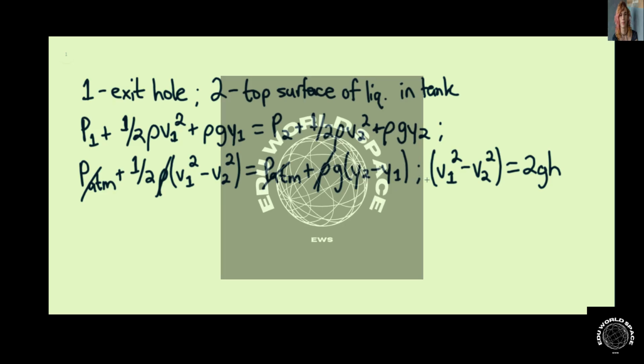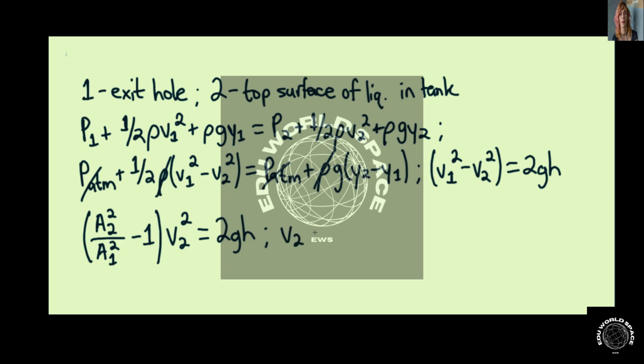And now we can apply the equation of continuity and say that a sub 2 squared divided by a sub 1 squared minus 1, this would all be multiplied by v sub 2 squared equals 2gh, and then simply solve